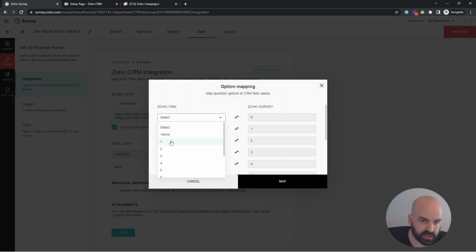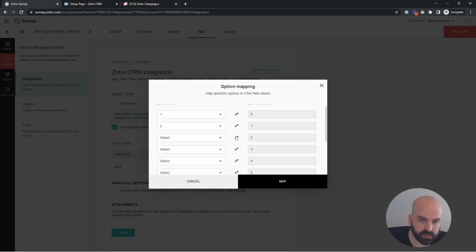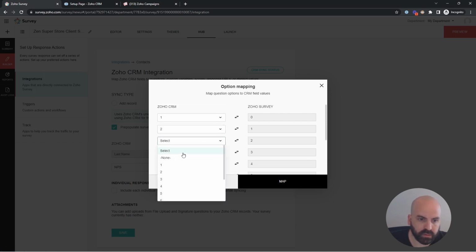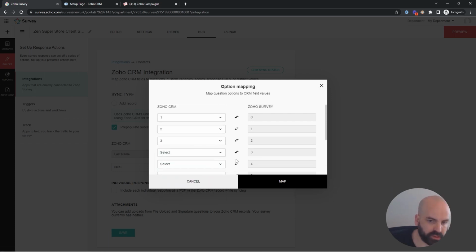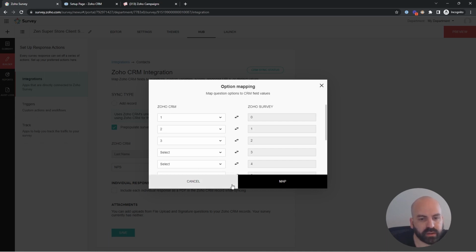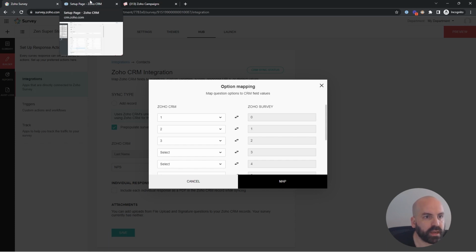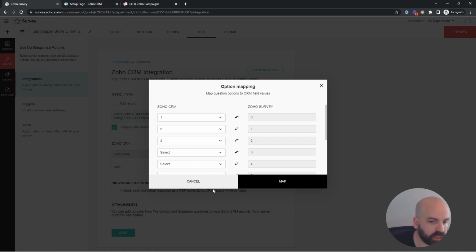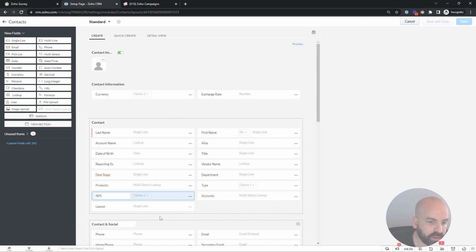So this just gives you some customization right now to do 1, 2, 3. Now the other thing you could do here though, we want 0, which we don't have 0 in the CRM, but that's okay. The point of this was to show you that mapping them, but rather than all the numbers here, what I might actually want to do is just simplify this even more and exclude the score, or maybe I want to keep the score, which is also okay, but we could also make an NPS field and just simplify this to